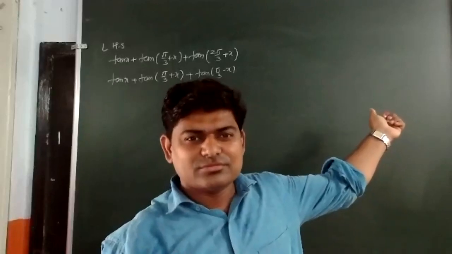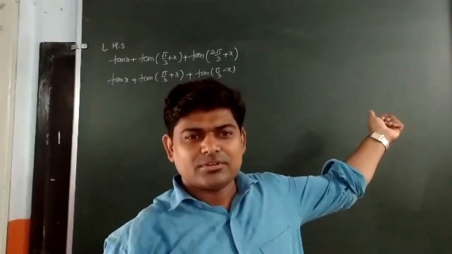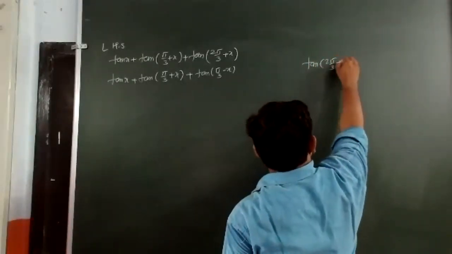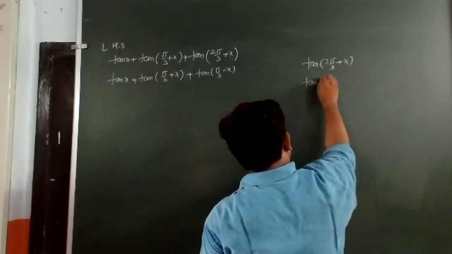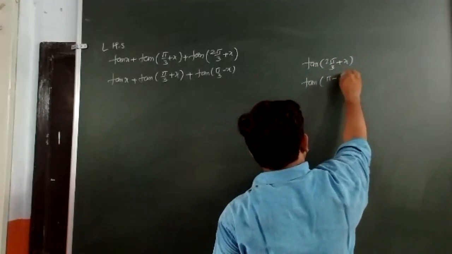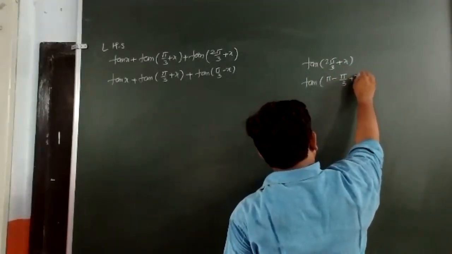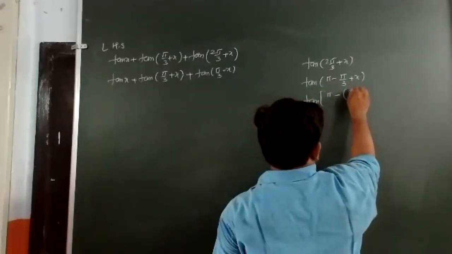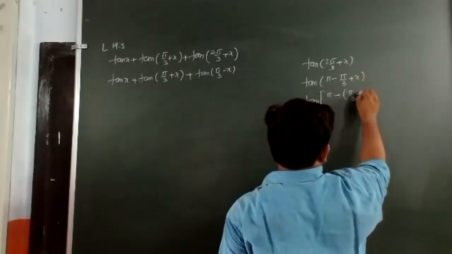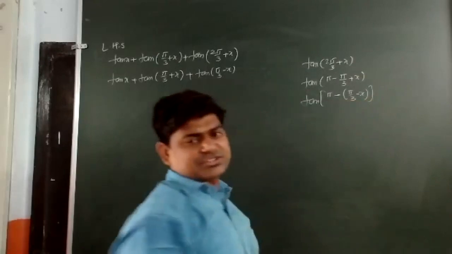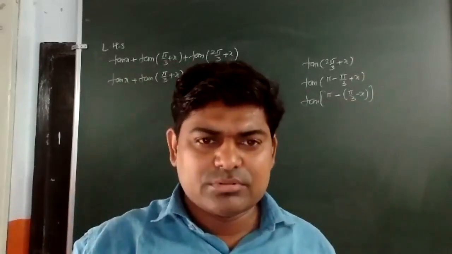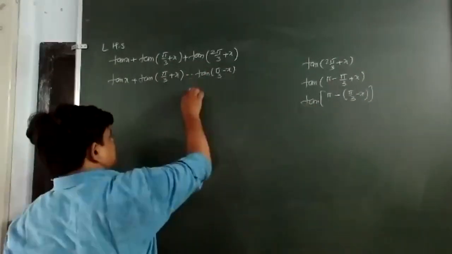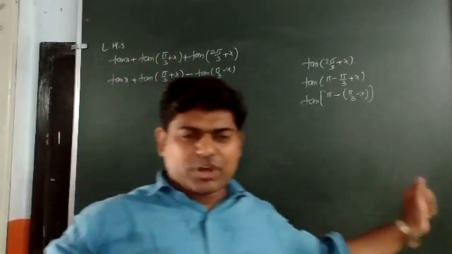Yes, Namita, how should I explain? Okay. Actually, it was given tan of 2 pi by 3 plus x. I wrote here 2 pi by 3 can be written as pi minus pi by 3, and plus x. When I arrange it like that, it is pi minus theta, with theta being pi by 3 minus x. So it is tan of pi minus theta. In the second quadrant, tan is negative. With pi, it will not change. So tan of pi minus theta can be written as minus tan theta. Okay, I made a mistake. That should be negative. It's okay.